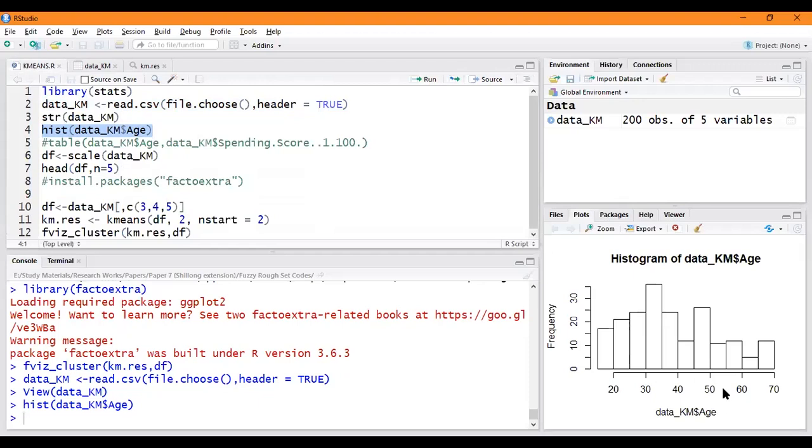Here we can see age is distributed. Age is not central. Age is not skewed towards anything. There are some persons with 60 plus ages, there are persons with less than 30 ages, and there are some middle age persons. The number of middle age persons obviously is high, so the skewness is not much, so we can have some cluster